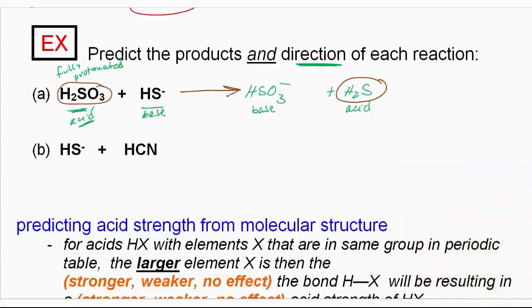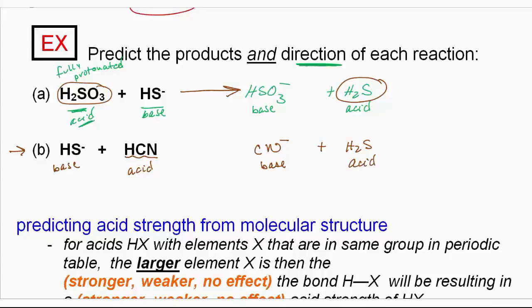Okay? Let's try it again. Identify what's acting like an acid, what's acting like a base, write their conjugates on the product side, and draw the arrow of the reaction towards the weaker acid. So HCN does not have a choice. It's fully protonated. It has to be the acid. If that's acting like an acid, we have to have its conjugate base on the other side. And if HCN is acting like an acid, hydrogen sulfide has to be acting like a base. Well, if it's acting like a base, have to write its conjugate acid over here, because they're always conjugate acid-base